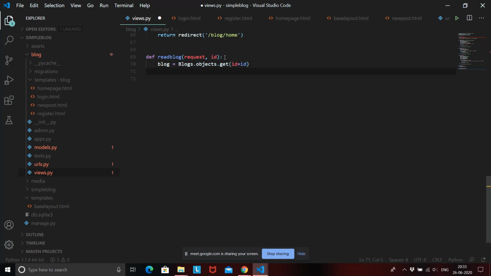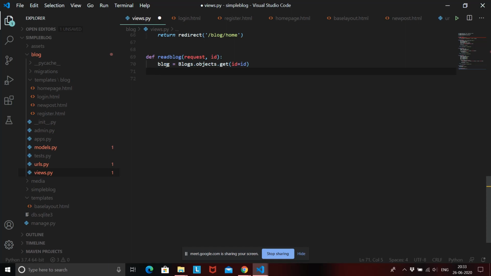So now what this is going to do is it is going to check the object which has an ID equal to the ID that we are passing from the parameters. Okay, so the blog which has an ID 1 or which has an ID 2 will be returned to this variable called blog, and then we need to render this blog into our page.